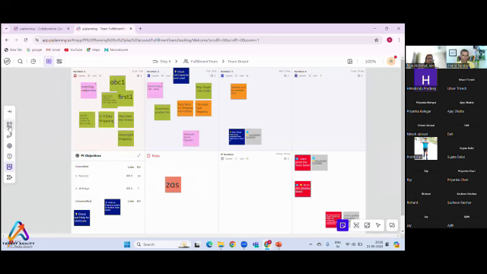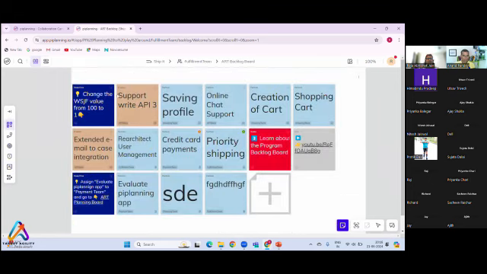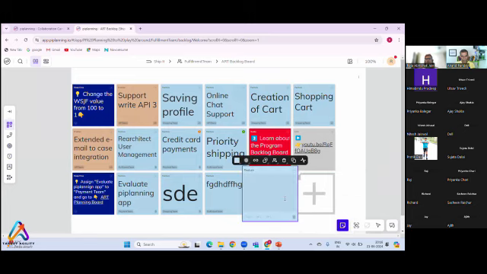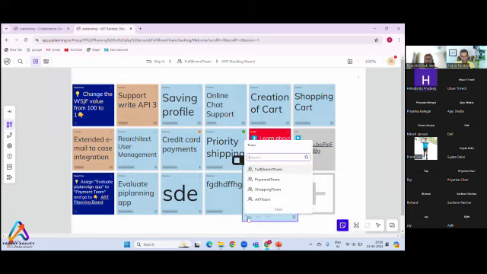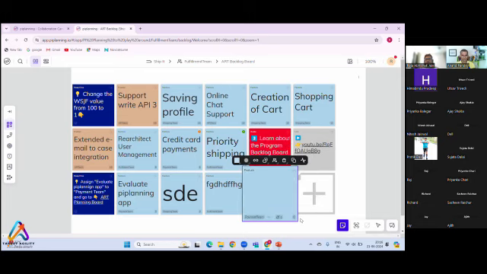And there's one more part of it where you can write all the features. If you want to create a new feature, you can right click and create a new sticky note. You can create a feature, enabler, or link, or whatever you want. Here you can give the name of the team which the feature belongs to. I select payment team. Here you can estimate the feature, or you can set the priority of the feature in